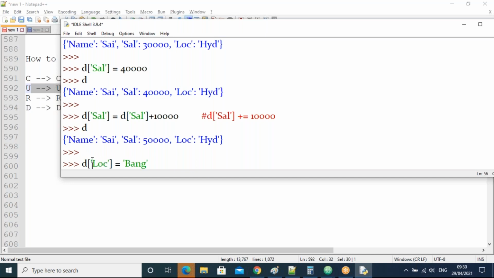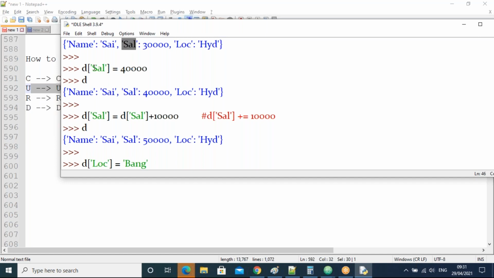See, the first key name and location are not matching. Next key and location are not matching. Next, location and location are both matching. When the key is matching, then automatically the corresponding value will be updated by this new value, guys.